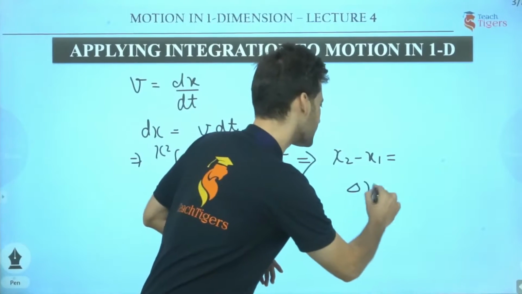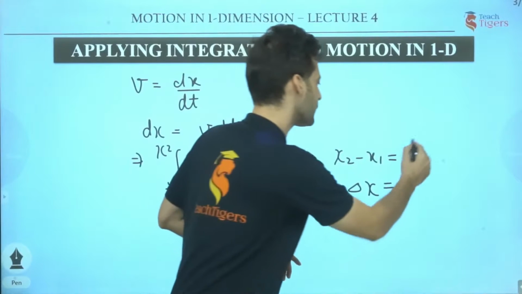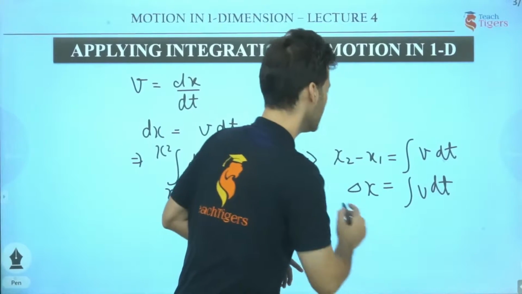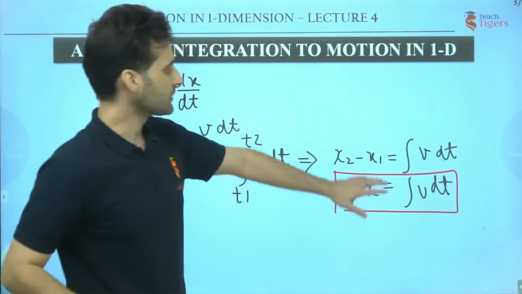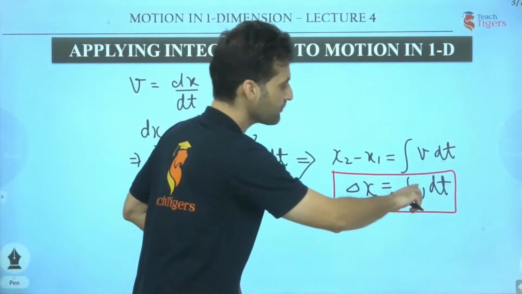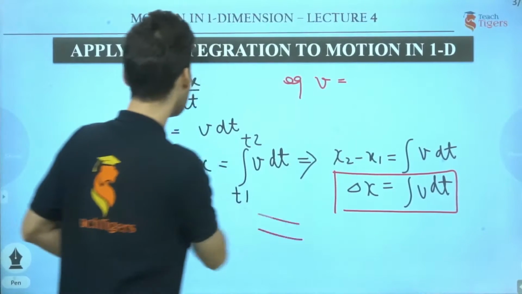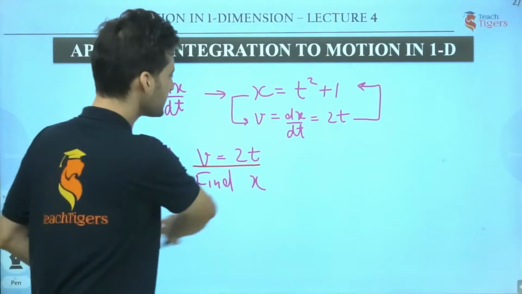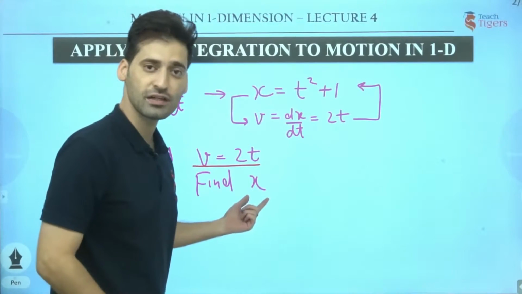So I can write it like this also: delta x. Delta x means a change. This is how I write it. So I can remember this formula is nothing but integral of v dt. Let's mark this formula over here. That means, what has to be done with this formula? Let's say somewhere we have been given the relation between velocity and time, as I gave you here. Using this relation, I can get the value of displacement. I can find the value of x here.